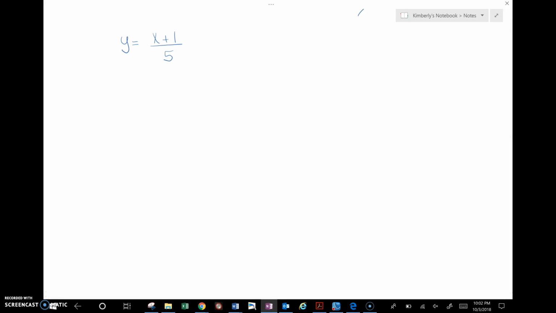So before we start talking about an antiderivative, it's basically exactly what it sounds like. What do you do to undo a derivative to go back to the function? And I'm going to take you back for just a second to an inverse function. What do you do to start off with y equals (x + 1) divided by 5 to get to the